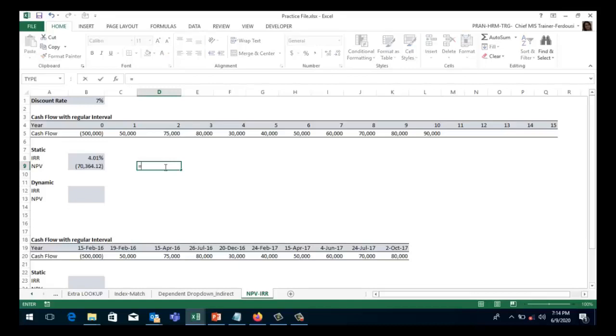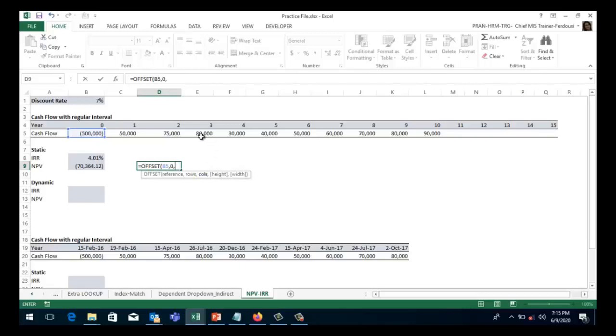Use the equal sign, OFFSET. If I choose this reference, use comma, row number from this reference, row number is 0, then comma.